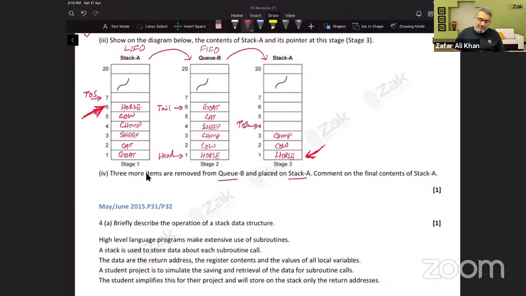So three more items are removed from QB and placed on stack. Comment on the final content of stack A. Stack A has all items inversed, reversed. All right. Items, or you may write in reversed order,